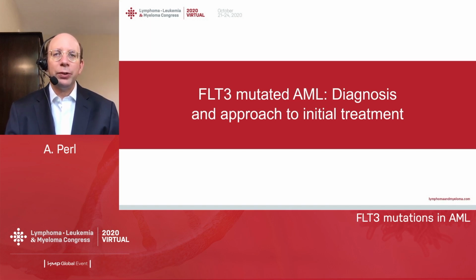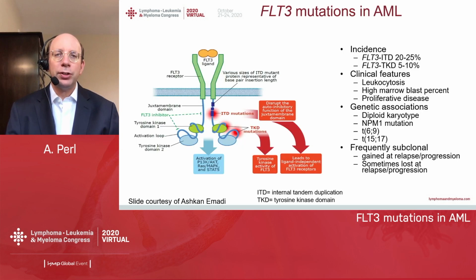So let's dive right in with diagnosis and approach to initial therapy for patients with FLT3 mutations. Just to introduce the topic itself, FLT3 is a receptor tyrosine kinase. It's one of the most commonly mutated genes in AML. It normally regulates hematopoiesis, is expressed on immature hematopoietic cells in the marrow, and it's very commonly mutated in AML